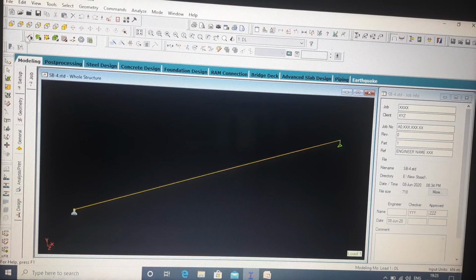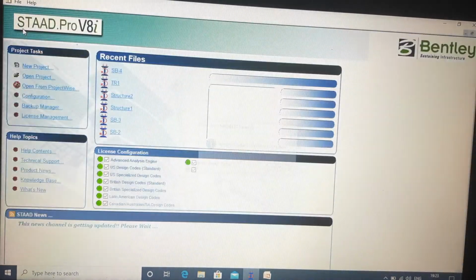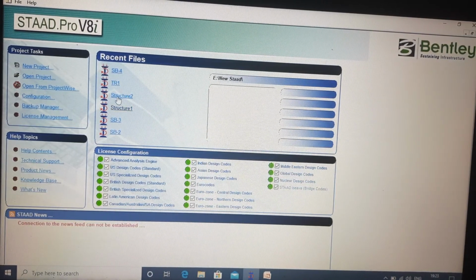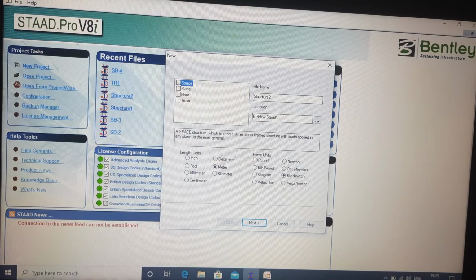If you want to model a new file, say I want to create a new project, say tier 2, and click on the next button.